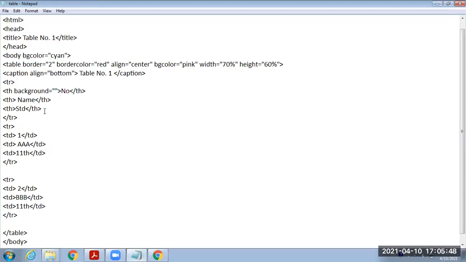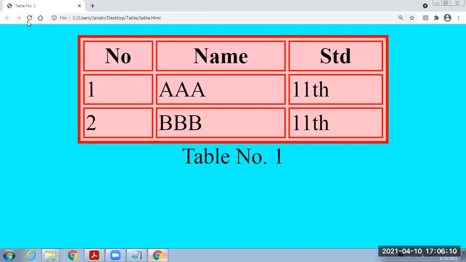I will insert this image under the TH. KAI.jpg. Remember that though your image file format is JPEG, but here you have to provide the JPG. TH background equal to KAI.jpg. Now save this and refresh it. You will get the image at the first step.